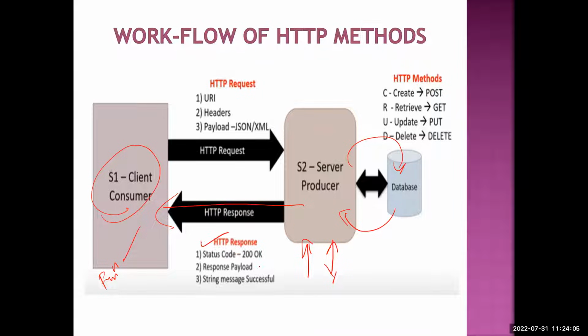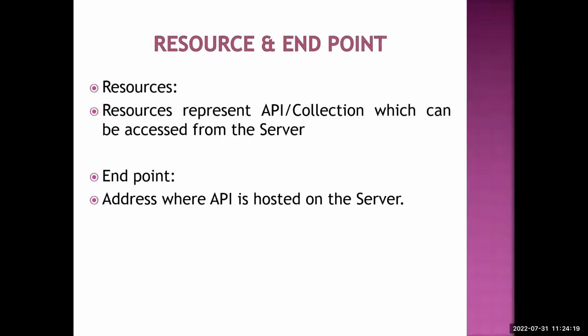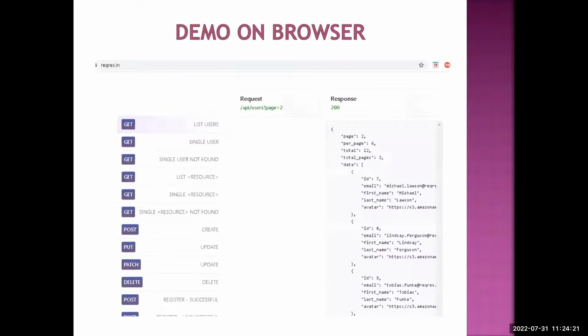So the HTTP response can include a code, some message, some payload, some string message, right? For success. And this we can validate. So how to validate it? Yes, there are various ways, as I told you. So this is just information. I will be sharing this. Just follow. Okay. Now,